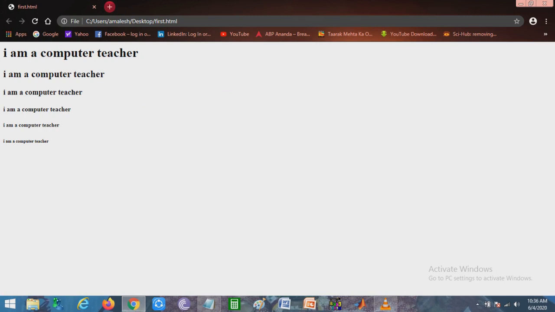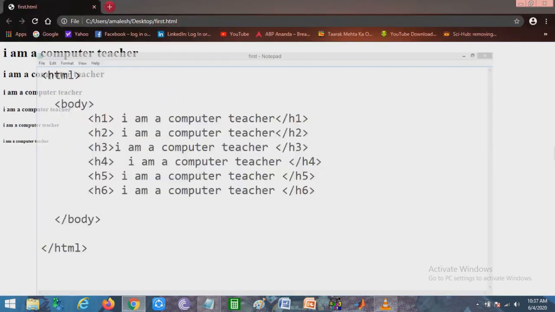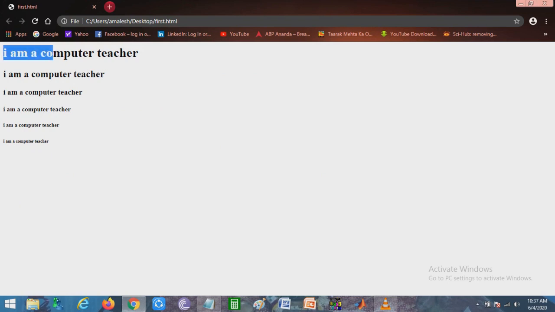For the first tag, that is H1, look at the output. For H1, it has the highest or biggest size. Then H2 is less than H1, and it is decreasing one by one.